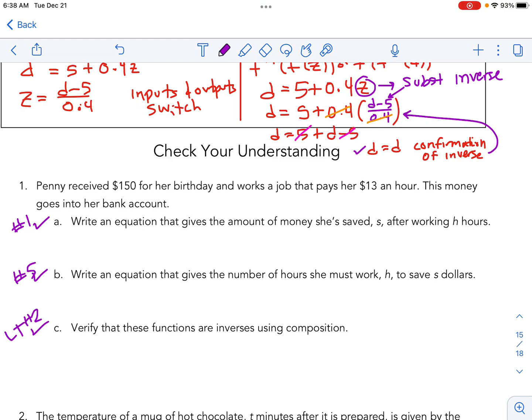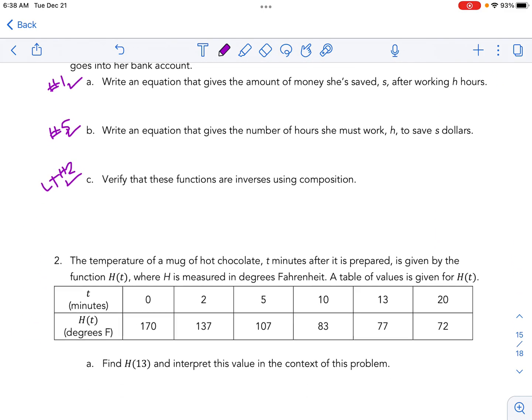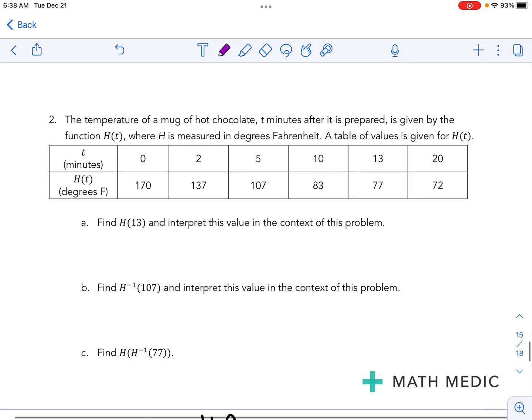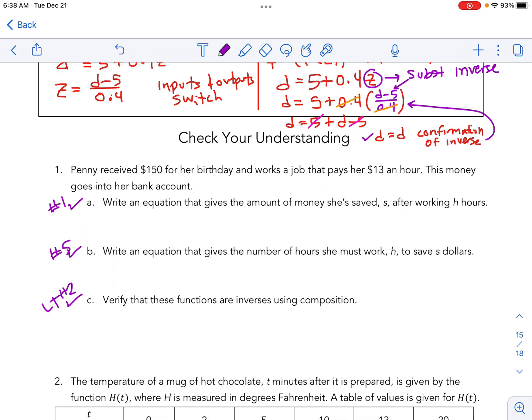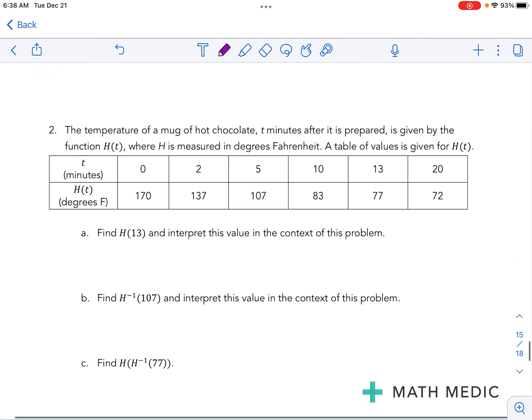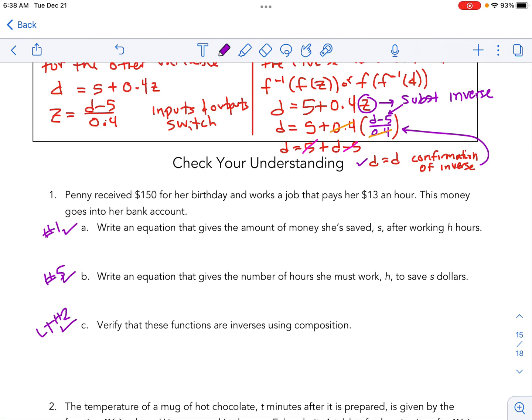Okay, so write an equation that gives the money saved after working h hours, write an equation that gives h hours to save, and then verify that these are inverses using a composition. So you're going to practice that and then practice that numerically on the second check your understanding, and that should get you ready for the homework. And then, of course, you can verify the